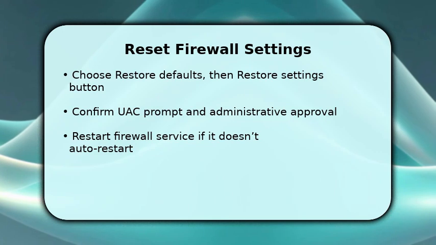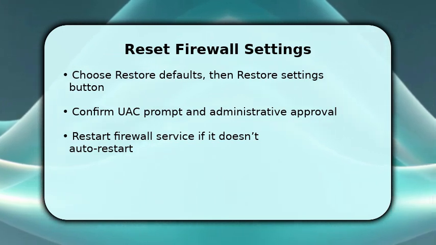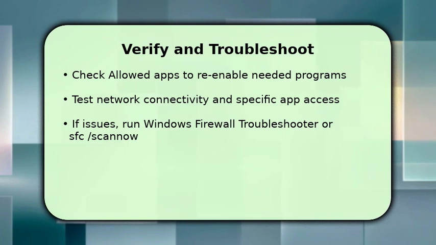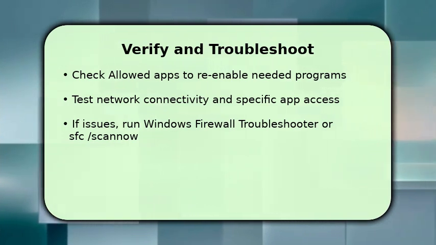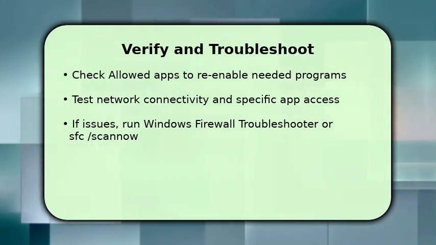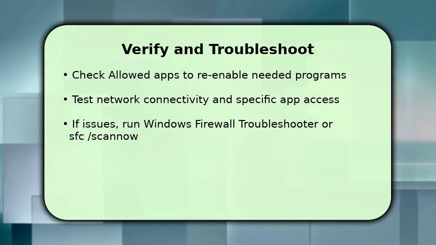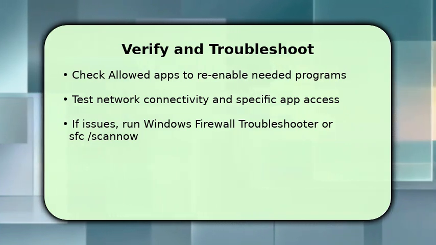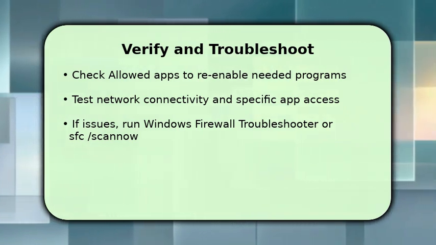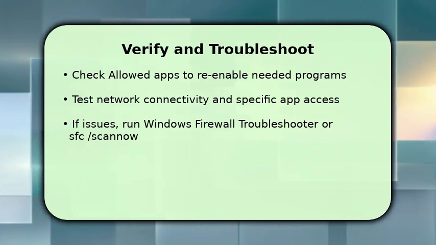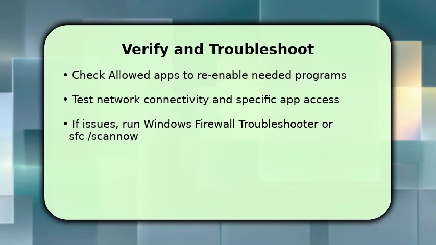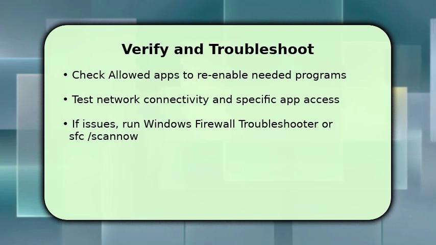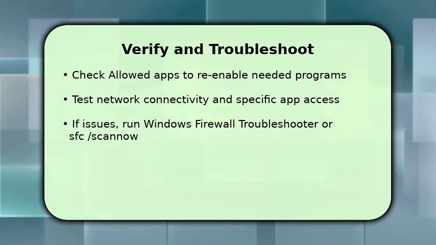You finish by verifying behavior. Open allowed apps to re-enable any programs blocked by the reset and test network connectivity and application access. If something still fails, run the built-in Windows Firewall Troubleshooter or execute sfc /scannow to repair system files that may affect firewall operation. One key troubleshooting tip: if rules reappear or the service won't start, check group policy or third-party security suites. Make sure they're not enforcing policies that